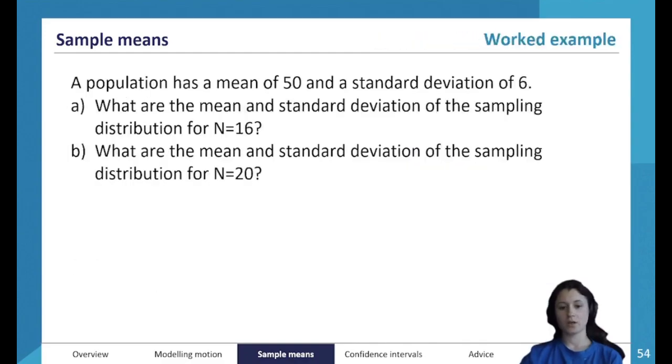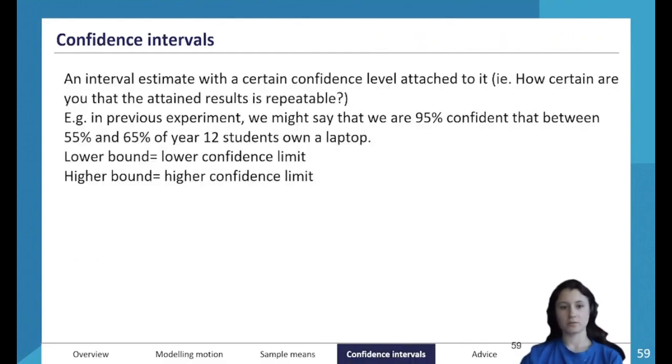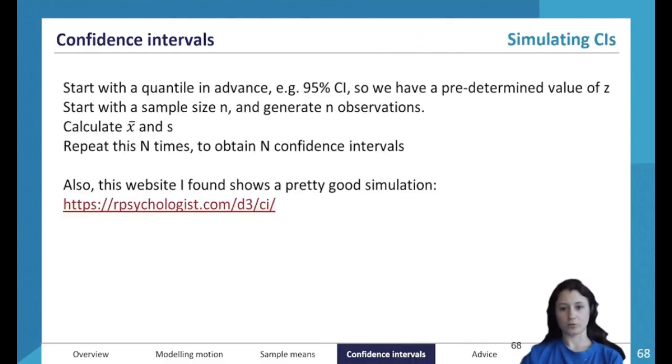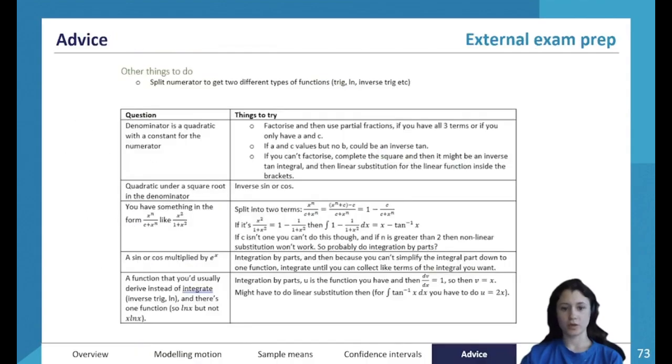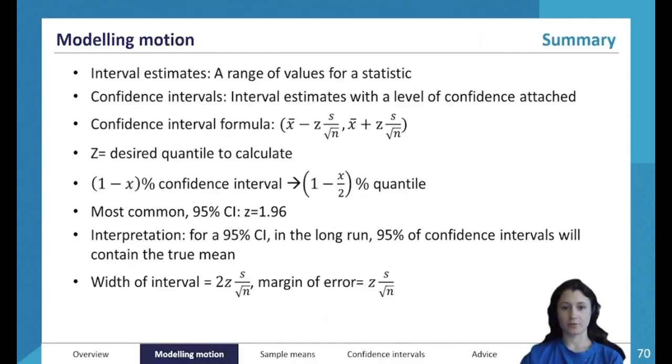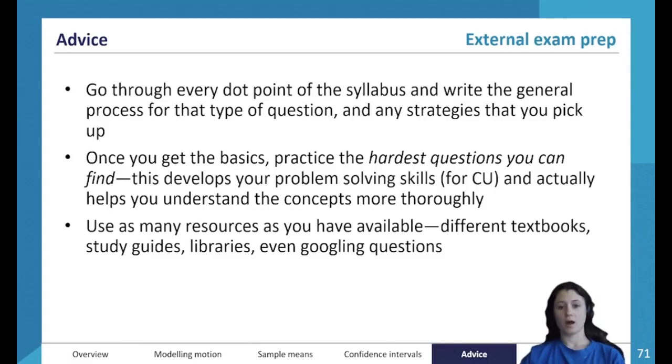Alright, with all of this out of the way, let's get on to some external exam prep advice. Alright? So I'll just go over this in the last 10 minutes or so, just as I know you guys are coming up to externals,